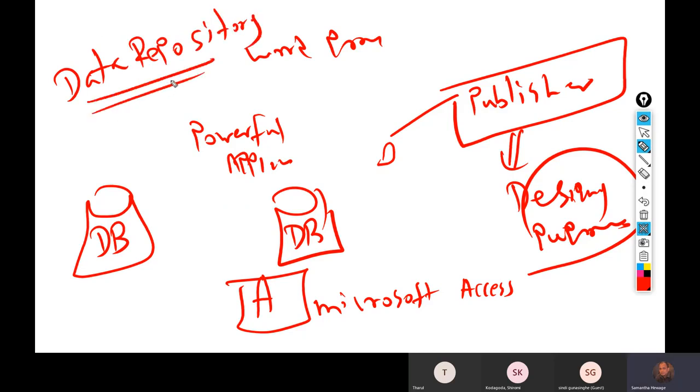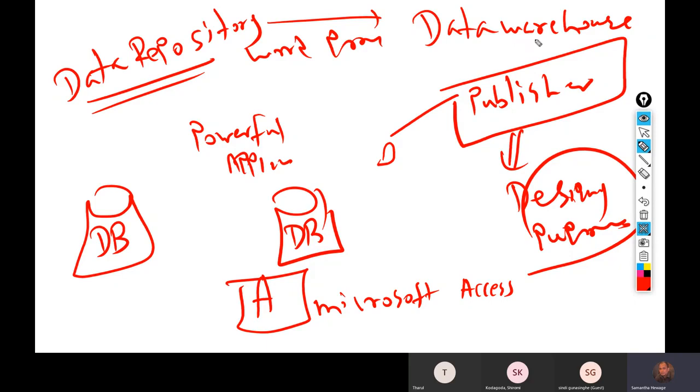A data repository is a kind of data warehousing. These are not big words. A warehouse is somewhere we store things. In our factories we have warehouses where we keep all the finished goods, non-finished goods or raw material, and whenever necessary we get them back to the production environment, right? So warehousing means the place where we keep the goods, and whenever necessary we need to get them and manipulate those